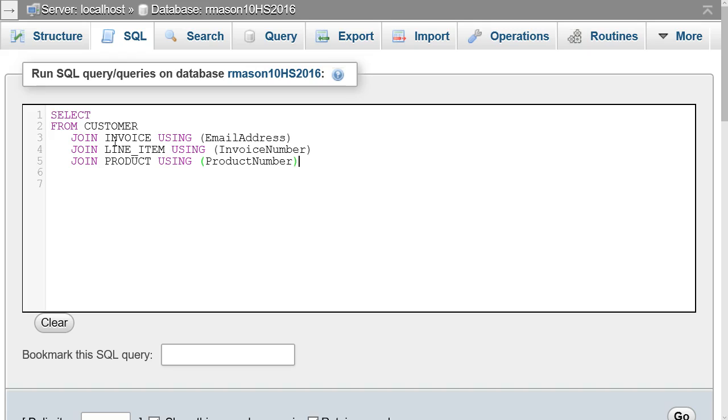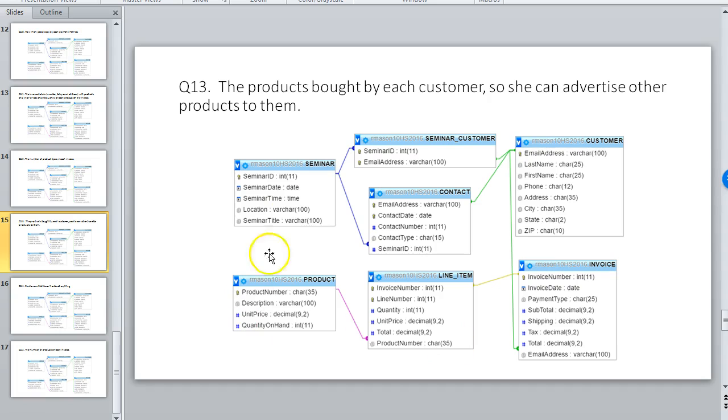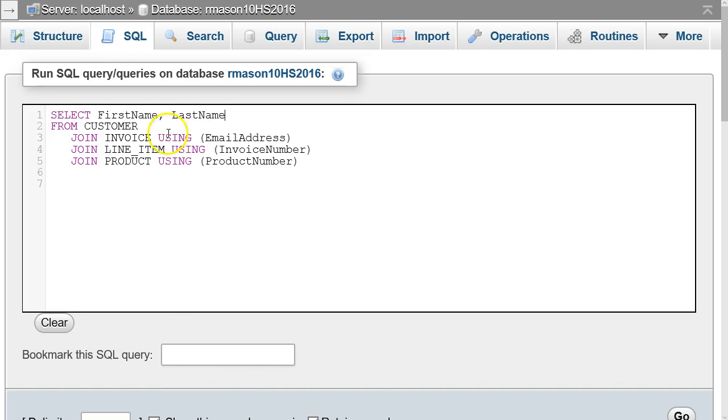Now what we need is some information. So let's look at, we probably need the first name and the last name of the customer. Thinking about what we need, let's go back. The products bought by each customer so she can advertise other products to them. Well, she's concentrating on contacting the customers, so probably we need the customer information first and then the product information afterwards, rather than the other way around. So let's look at first name, last name, and then probably the product number